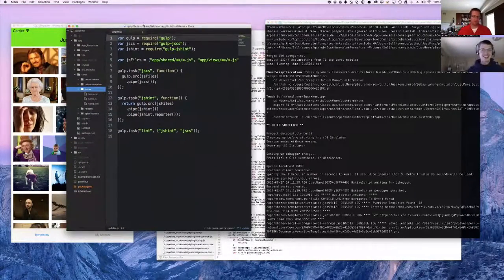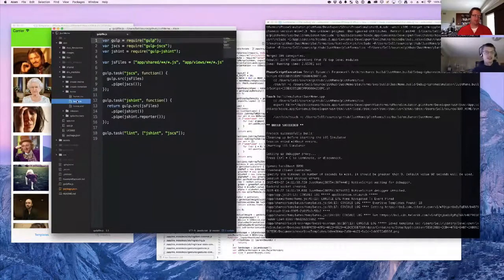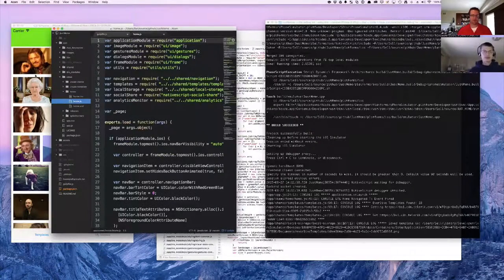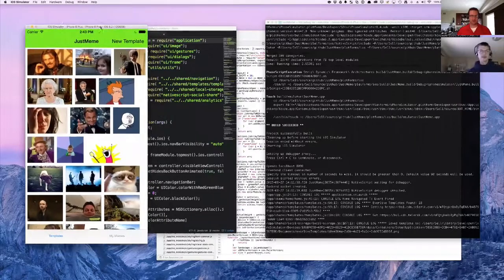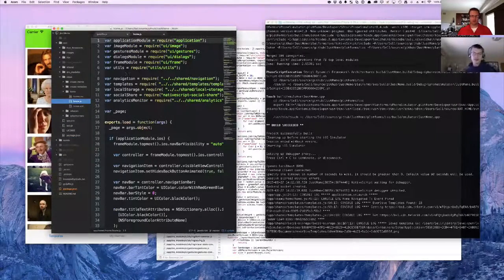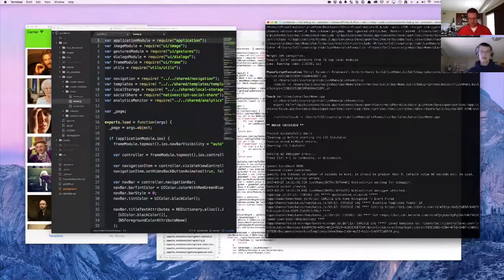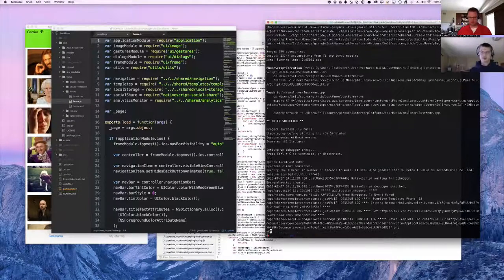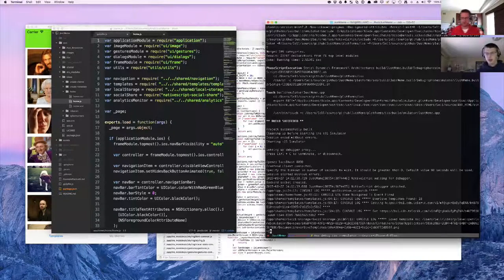We have Just Meme and, in this case, Atom. Here's our home JS file. I've already warmed up the simulator, or the emulator. It's sitting there running. Let's come over here, and we're just going to kill the terminal. I'm going to run TNS debug iOS. If you see down here in the terminal, it kicks off in the emulator. And in this case, I'm setting the device so it's not the iPhone 5 or whatever the really tiny one is. So if I run that,